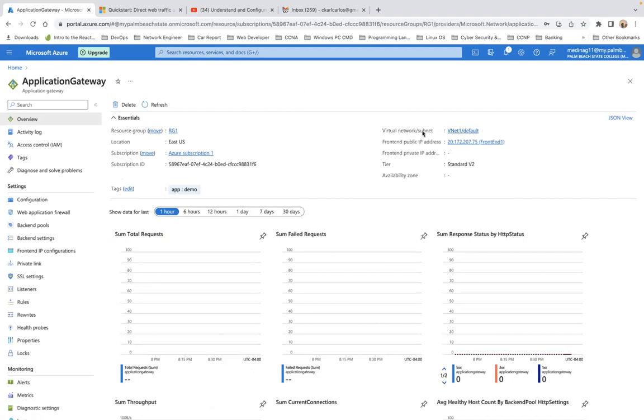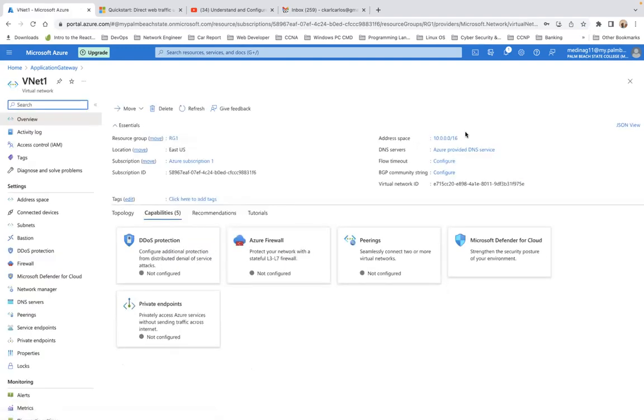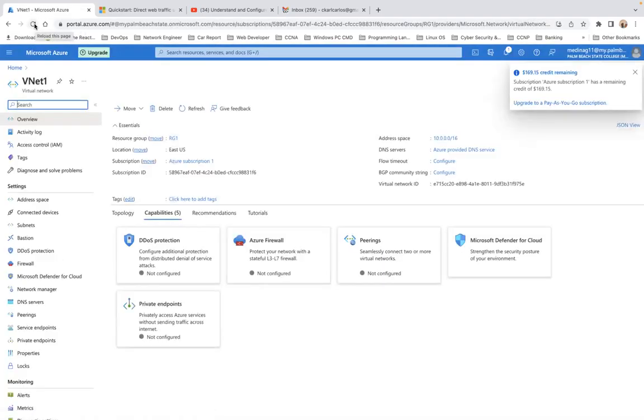Yeah, so we created a virtual network already. So I'm not sure why we're not able to use this VNet. So we already have a VNet. See,